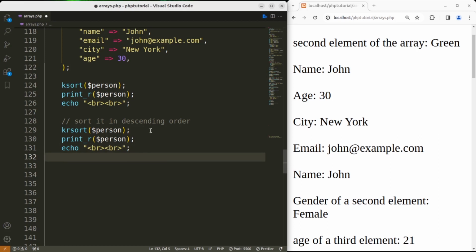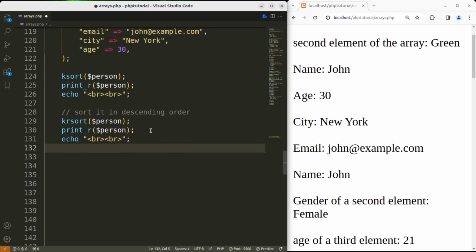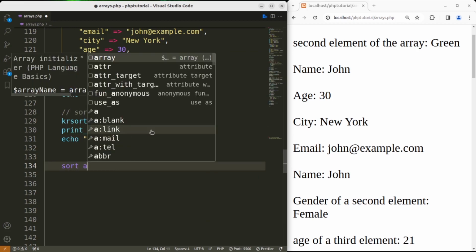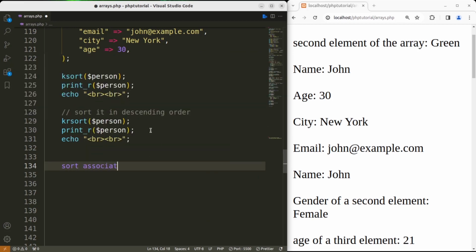We have got values here, and let's sort associative arrays values in ascending order. Let's comment that out, go to the next row, and before we move on, I'm gonna define